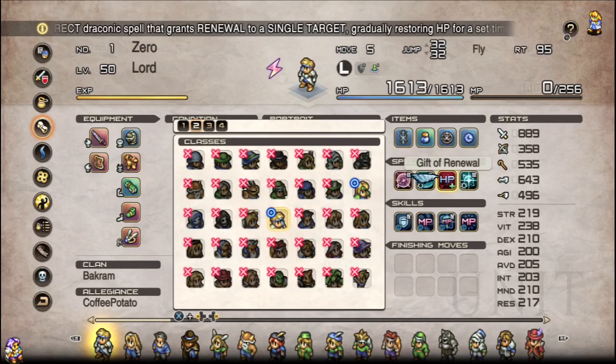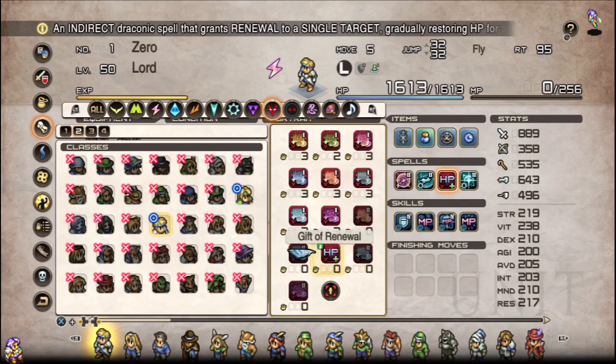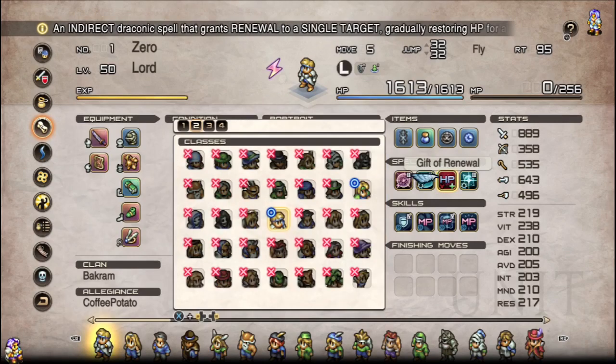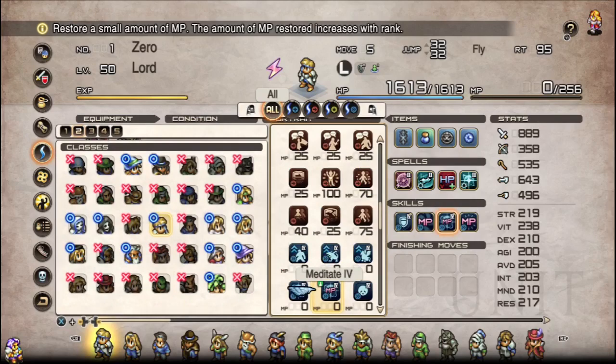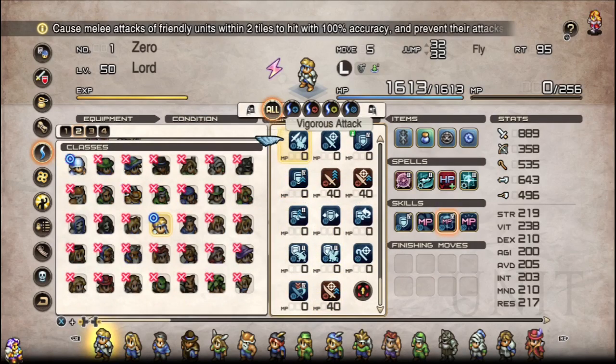As far as Draconics go, something like Gift of Renewal I would say is pretty solid. I don't have the shielding ones on this save file, but you do have like Nullify Strike, Nullify Spell, all that kind of thing. Those would be handy on them, I guess. I would kind of keep a Warlock around in the background if you want to use those, but Renewal is so universally handy, especially next to Phalanx and stuff like that, that it's definitely worth keeping on hand. Anyway, I was getting on this support build earlier,